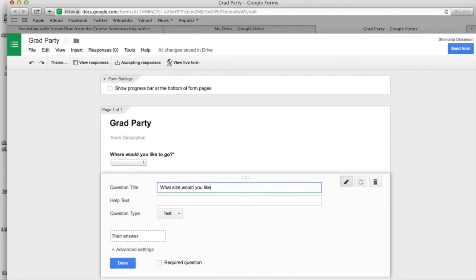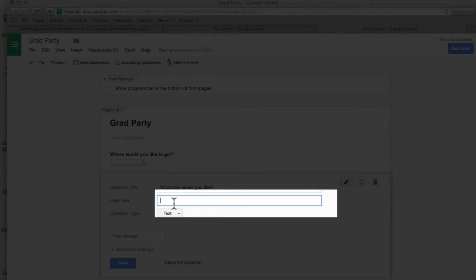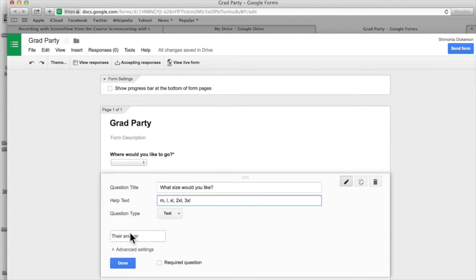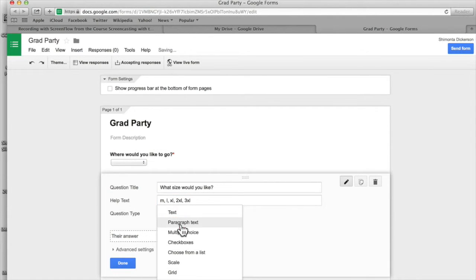And in this one, we're going to allow them to put in a text. So our helper text would be, let's see, medium, large, extra large, 2XL, and then of course 3XL. So to give them a helper into what that would be. And then as you can see, it says their answer here. And then as if you needed to change it,